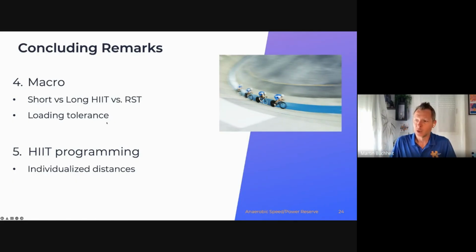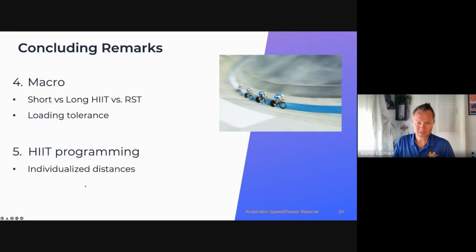The loading tolerance is also very important, with, again, the endurance type likely to be able to cope with and tolerate way more load, hours, and volume than the speed guys. So in this case, think twice about the loading of your team, think twice about the individual loading, think twice about double sessions a day, duration between the sessions, and so on,